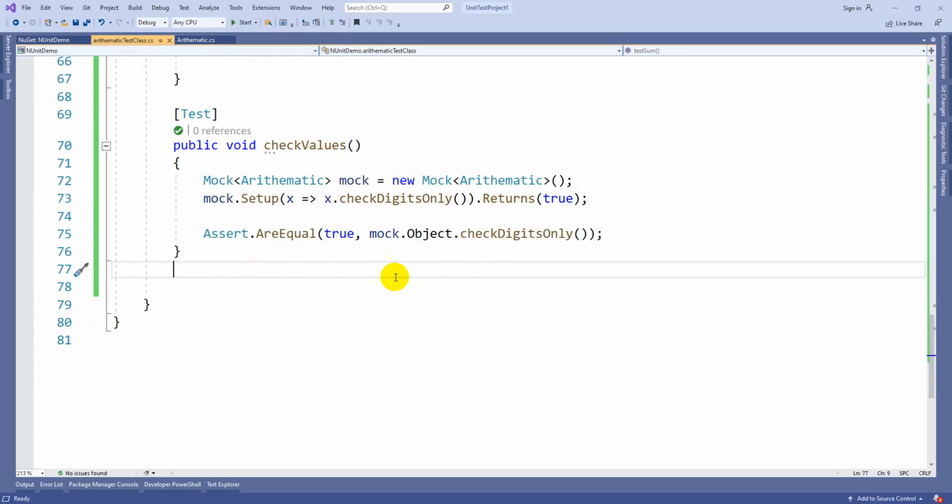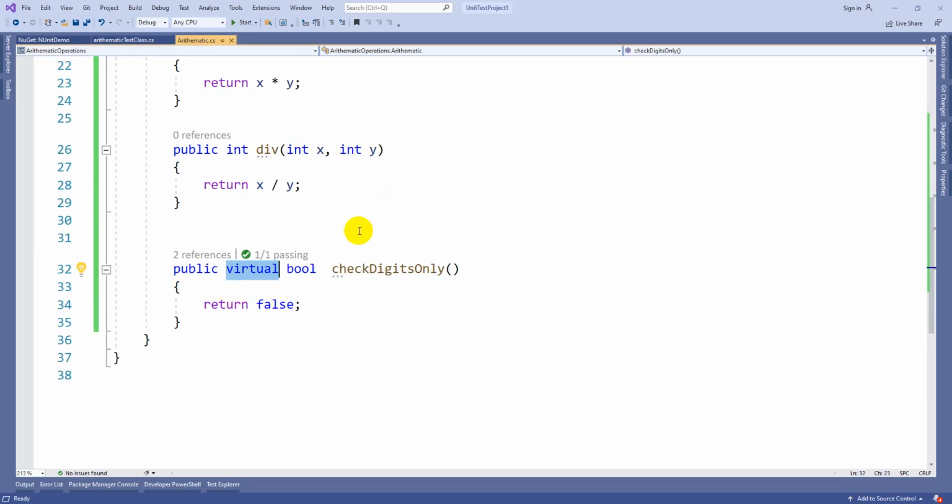So I'm going to conclude this, guys. Unit testing will always be done by the developer to test whether his or her code is going to meet the expectation of the client or not. Mock will always be used to bypass the result of a particular functionality, but that functionality needs to be in virtual mode, otherwise we cannot override it.